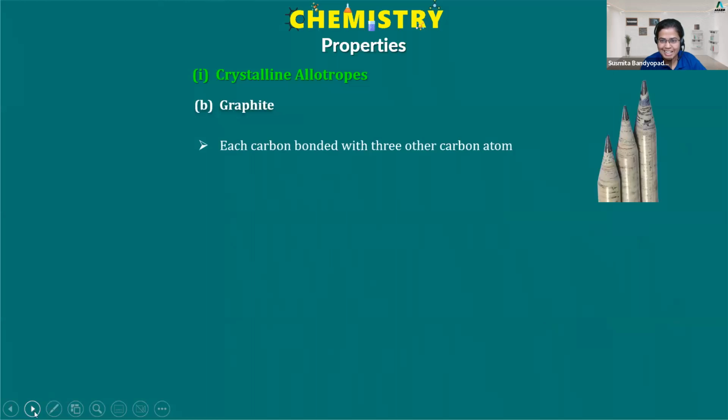The next thing is graphite, where each carbon is bonded to three other carbons by means of normal covalent bonds. Hence, the carbon is sp2 hybridized. But what happens is the fourth electron, which is not participating in